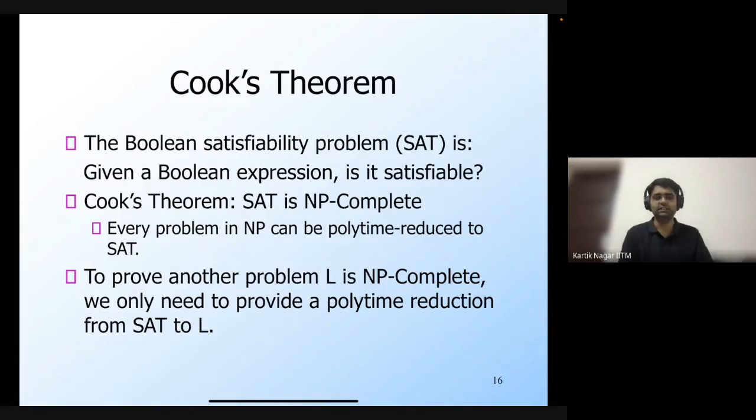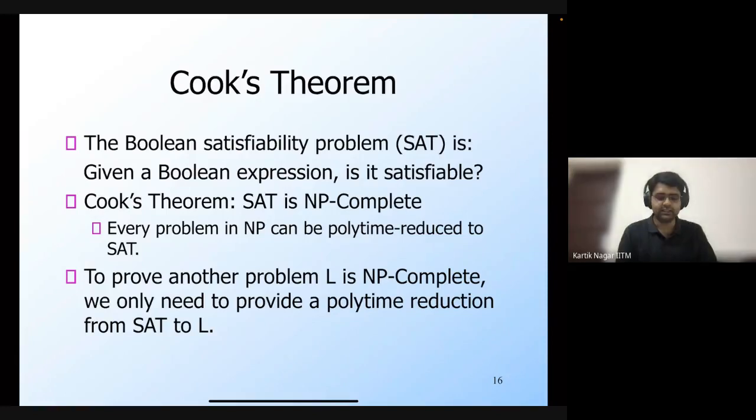So remember that a Boolean expression is going to have variables which are Booleans, and it's going to have the usual connectives: and, or, not, implies, and so on. The problem is, if you're given some arbitrary Boolean expression, is it satisfiable? Is there an algorithm to find out whether an arbitrary Boolean expression is satisfiable? So is there an assignment of the Boolean variables that will lead to a true evaluation of the formula?